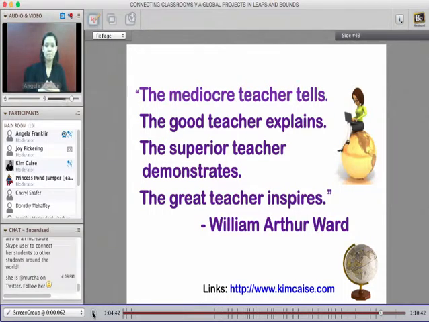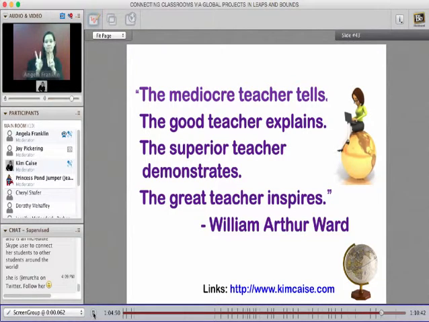And I want to leave you with this and see if there are any questions that I might have missed. But before that, this is kind of the heart of why I do presentations and share with teachers things that I have learned throughout my 20 years in education. The quote is, "The mediocre teacher tells, the good teacher explains, the superior teacher demonstrates, and the great teacher inspires." And this is by William Arthur Ward. So I hope that I've inspired you to take on some of these challenges and explore these websites